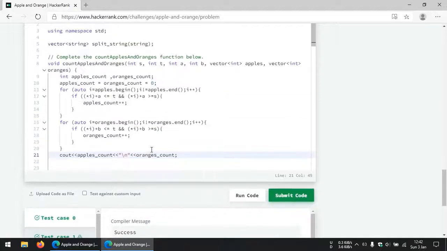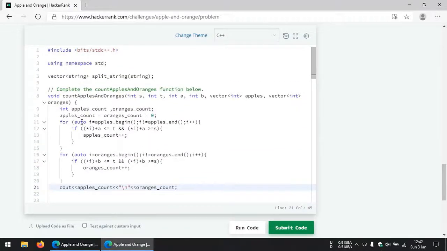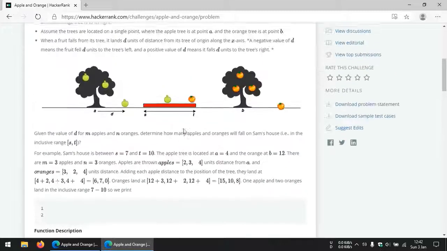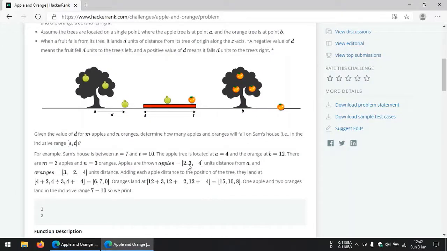Okay, that was good. So what we have done here is created two variables to keep track of the number of apples as well as the number of oranges that fall within Sam's house. Then we start iterating through the arrays.